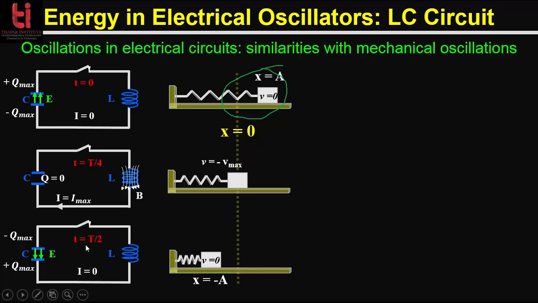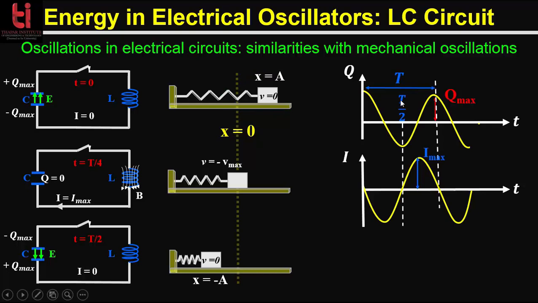So when t is equal to T by 2, that is after a half of the cycle, the charge on the capacitor again will have its maximum value, that is Q is equal to Q maximum. No current is flowing in the circuit, so no energy contribution from the inductor, and this is actually equivalent to the compressed spring mass system. Now the question is, why equivalent to the compressed spring mass system? Because of the opposite polarity.